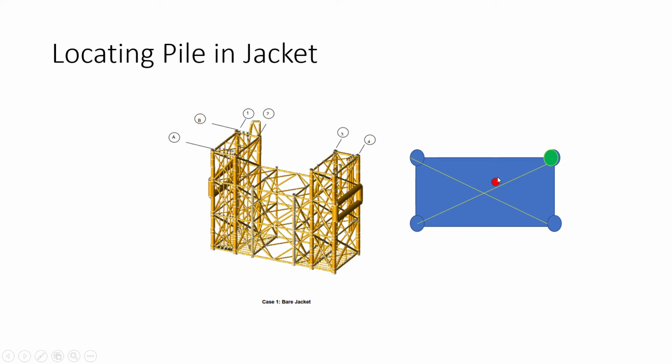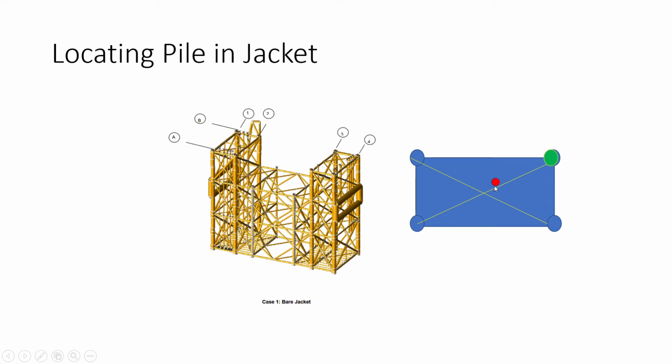Now you know that this COG is very close to this leg, and this leg is far away, and this leg is far away, and this leg is far away. So you have to place your pile opposite to that. Opposite means you have a very long lever arm. So you have to place your first pile here. What happens is that the COG X will move up and Y will move up; ultimately, in the resultant, this COG will move up here.